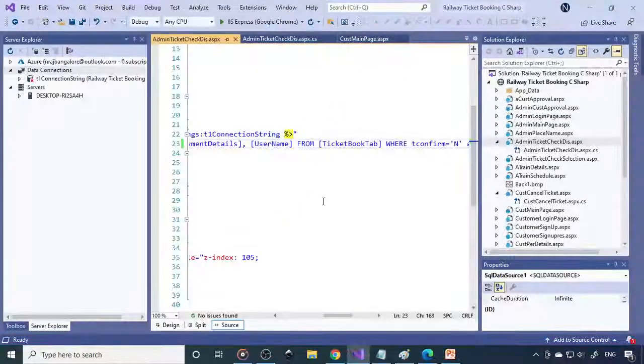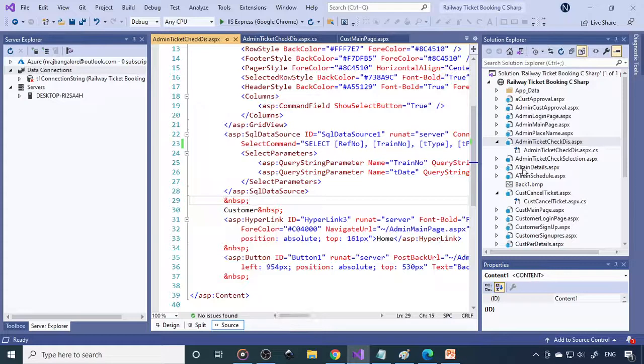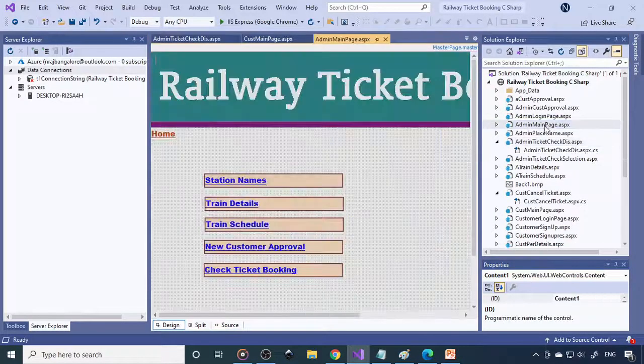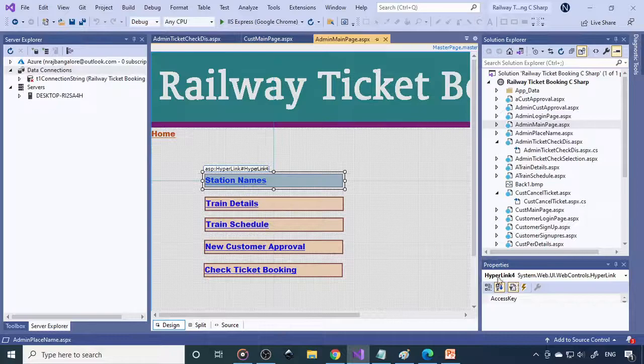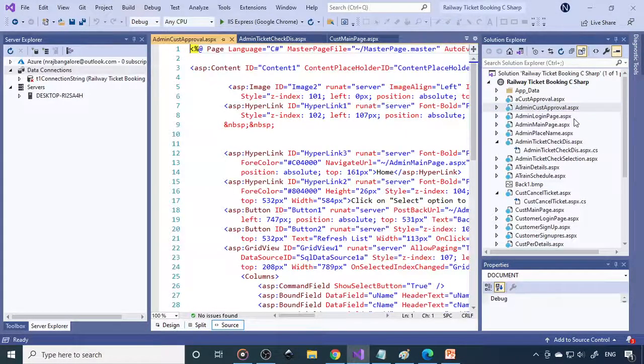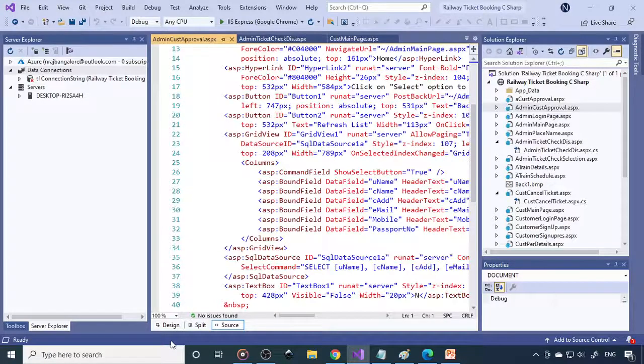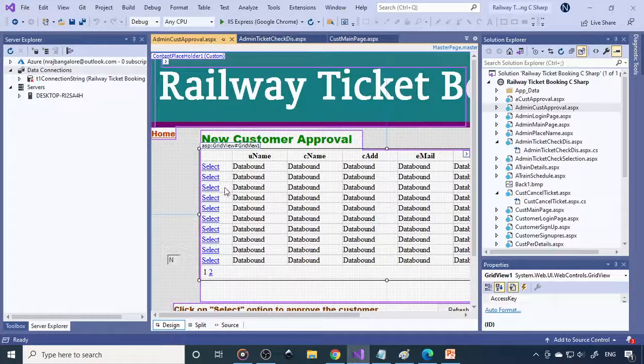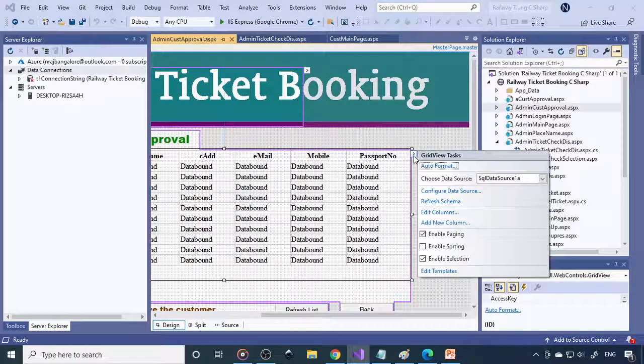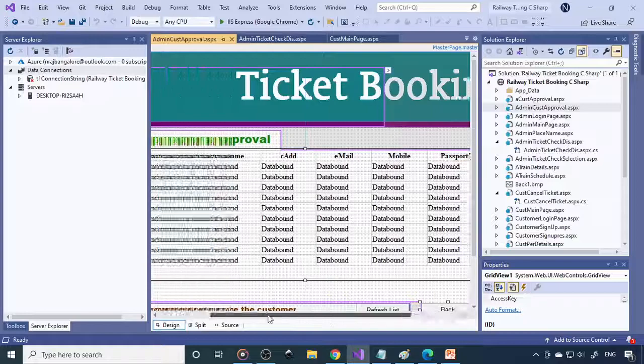So that's how we can design the whole project. So this is the main page. Here you can see that this is the hyperlink, and when you have customer approval, we are using the grid view here. In the grid view we enable the select. To enable the select, you have to go to this icon and then choose enable selection. When you select enable selection, that will be enabled, and when you click the selection here,